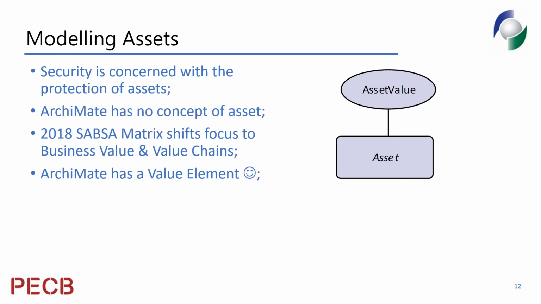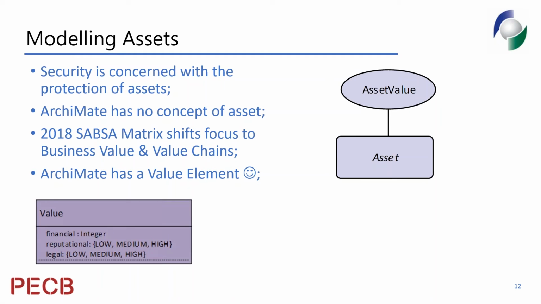And an asset or a value is something that you can attach to any element. So given that we may have existing ArchiMate models that have been drawn up by other architects, when we're looking to analyze them from a security point of view, we can provide asset value tags or elements to any part of that model to highlight the bits that we're interested in protecting, the things that we really care about. And it can be as simple as having the value element associated with the element that you associate the value with. We can take that a little bit further.